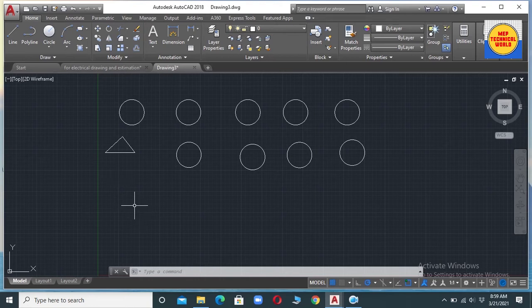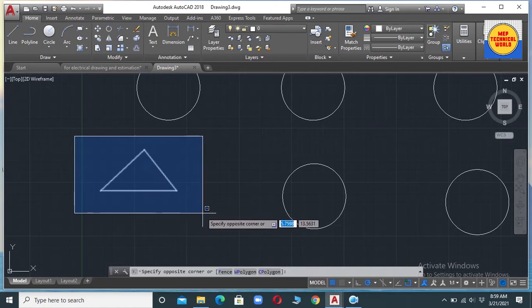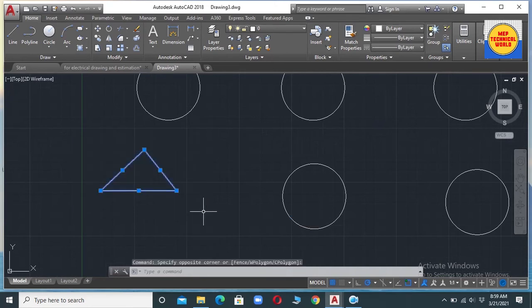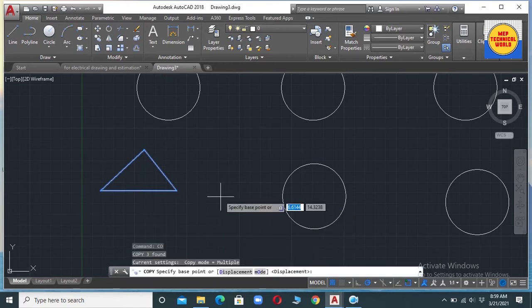I am going to copy this triangle, so let's first select this triangle. Now let's use the copy command. CO is the shortcut for the copy command, so type CO and hit enter.